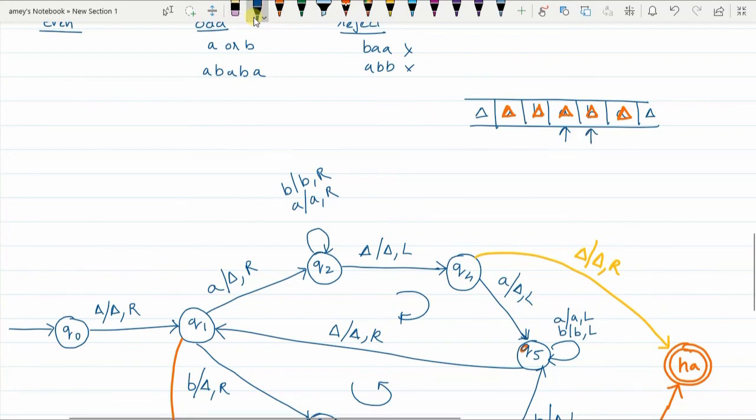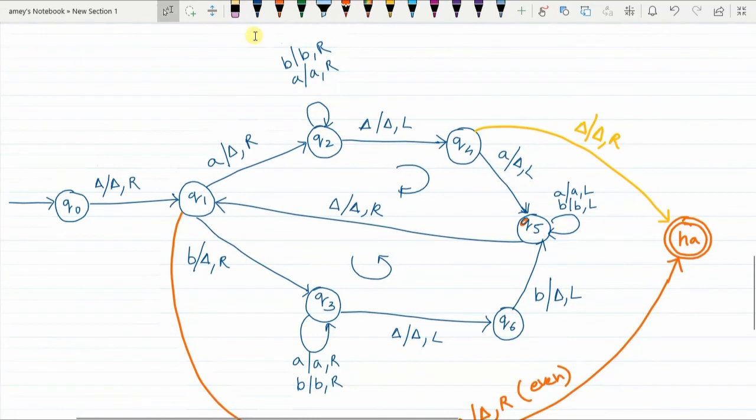You go to the halting state HA. Why do you go to the halting state? Because you have just found an odd length palindrome string. So this is an odd length palindrome.